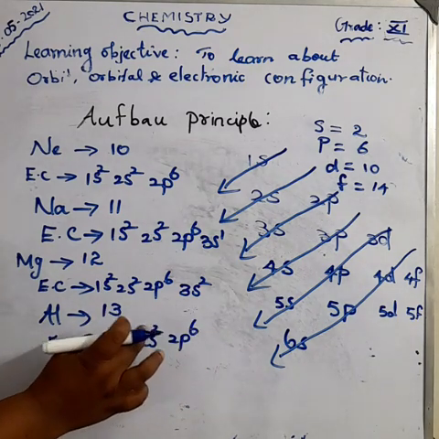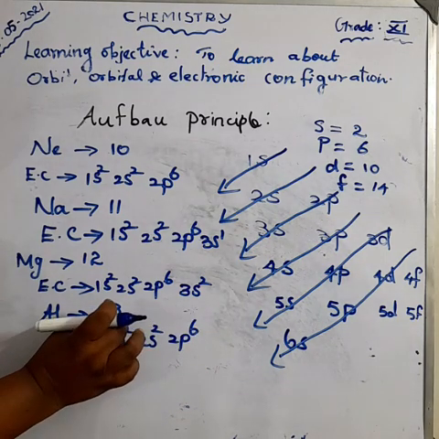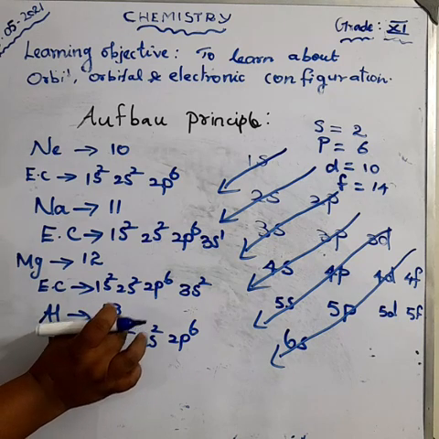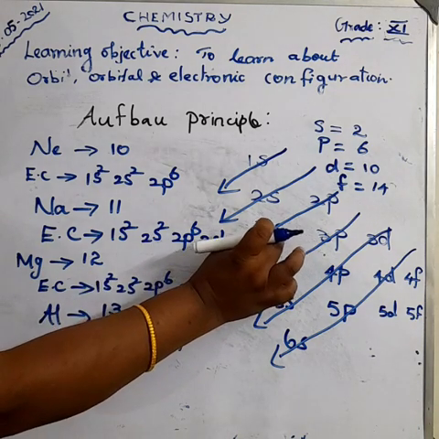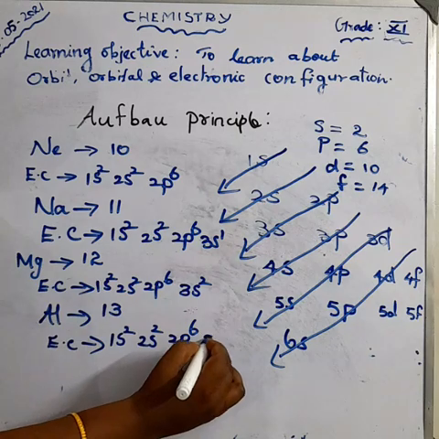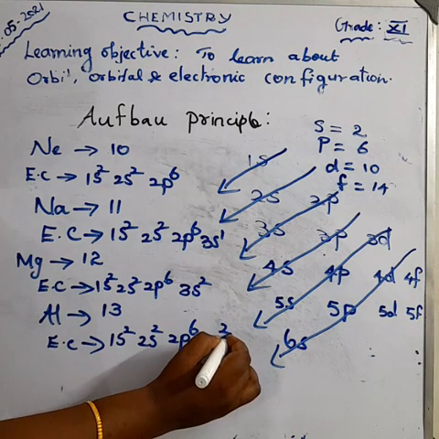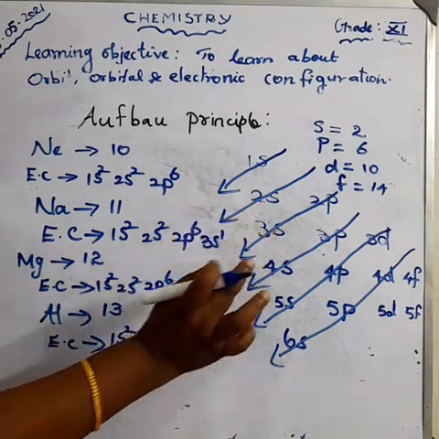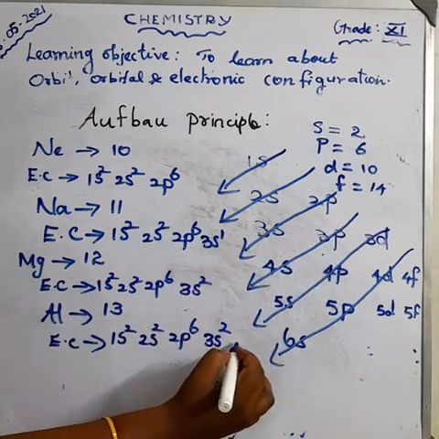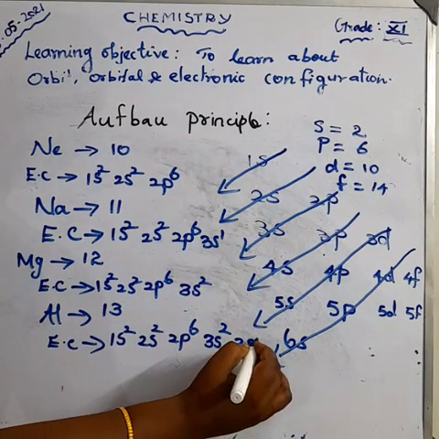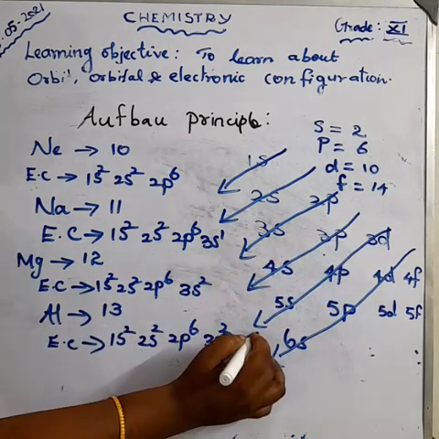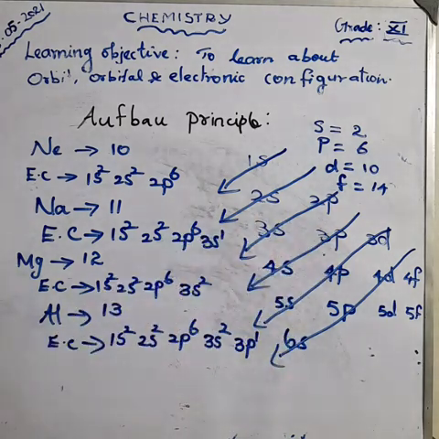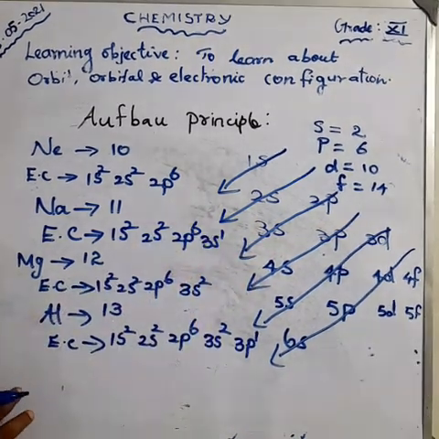So 6 plus 2 is 8, 8 plus 2 is 10, and 3 electrons are remaining here. So in the s orbital we can occupy only 2 electrons, so 3s2. So remaining 1 electron is here. 1 electron we can accommodate in the p orbital, 3p1. Okay, and then